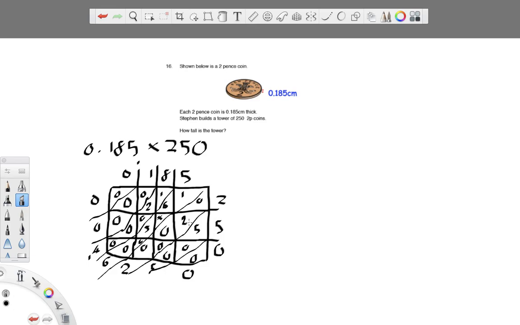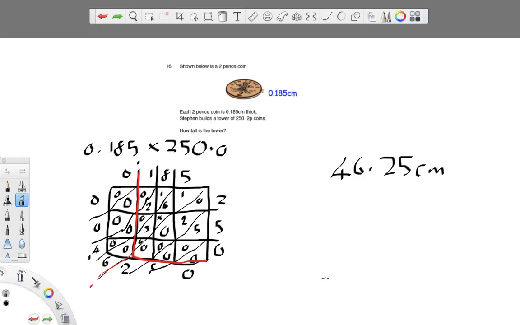Is there a decimal point, and we can obviously use the grid to help us here, is there a decimal point with this 250? Well, technically there is. There's a decimal point there and there's a 0, so it would be there. And then we just need to match the lines on the grid, so we just keep going across. So they will match here. Then we follow this diagonal, because this is where they meet, down, and our decimal point will go there. So therefore, our answer would be 46.25